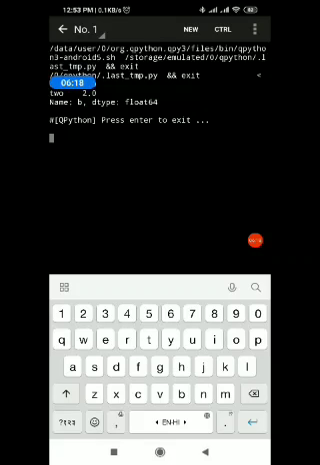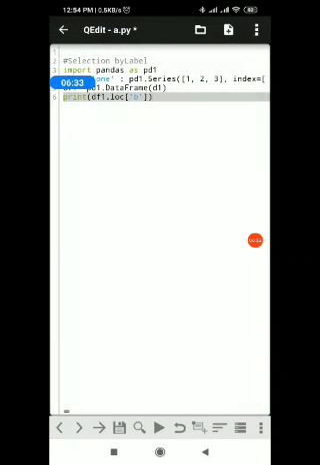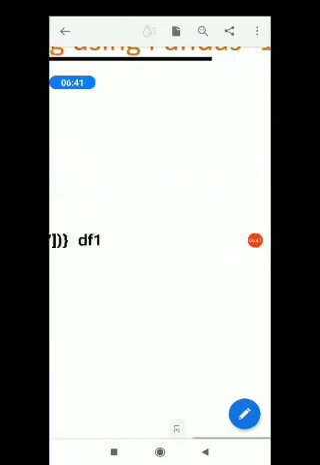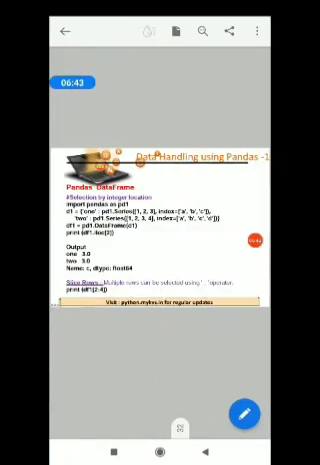Is it showing? Yeah, it is showing both the outputs in a well manner, no problem. So here it is. Let us go for the next slide.